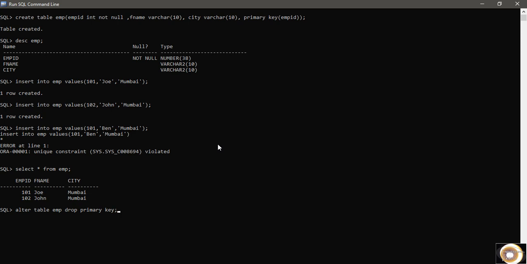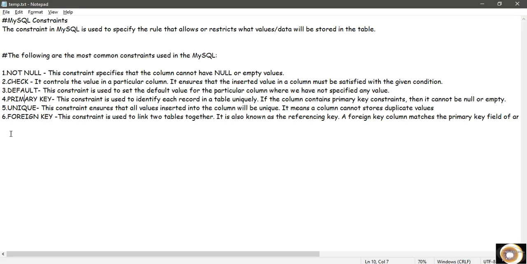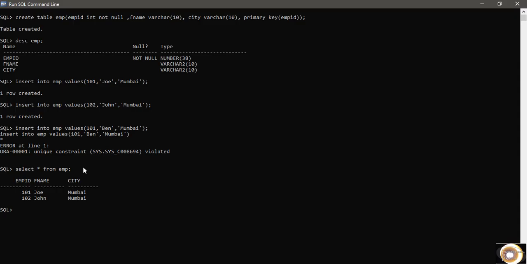It will automatically identify what we are talking about here. Okay, this is the command. I'm not running it because I want to show you something else. Okay, the next very important thing is foreign key. What is a foreign key? So let's go with the practical.